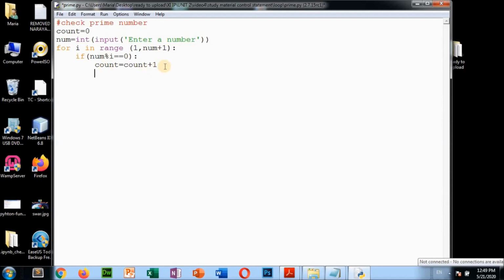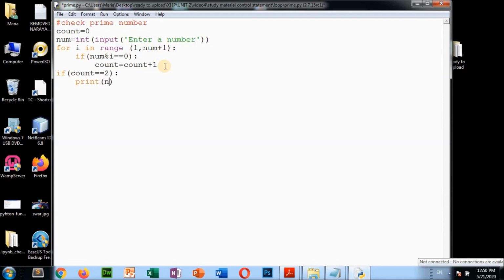Done. Now outside the loop you are going to check if count equal to 2. That means if the value of count is the same as 2, that means 2 times it is divisible, then colon, then you are going to write print the number.